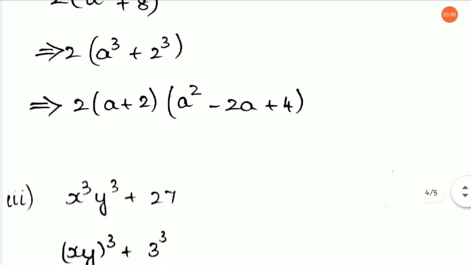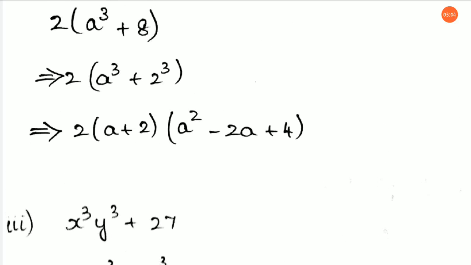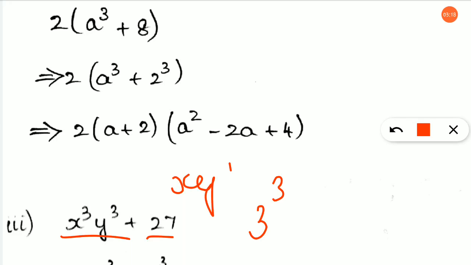Now the next sum. x cube y cube plus 27. So already x and y are there in the form of cube. So how can you convert this 27 to a cube format? Can you write it as 3 cube? So 3 3s are 9 and 9 3s are 27. And this one can be written as xy the whole cube. Anything has the same value, right? So if you are taking it as a common one outside also, it will be mentioned as x cube y cube only. Now the value of a should be taken and written separately, that is xy, and the value of b is 3 here.